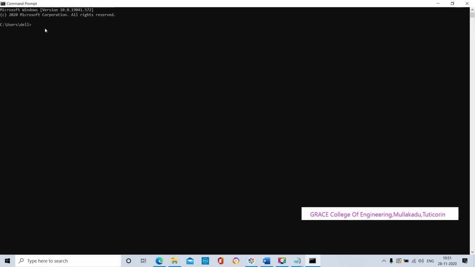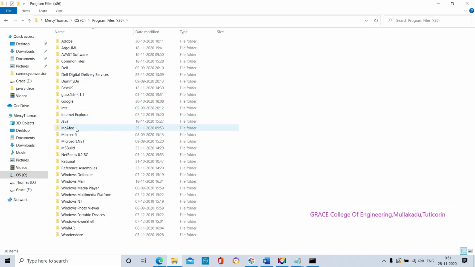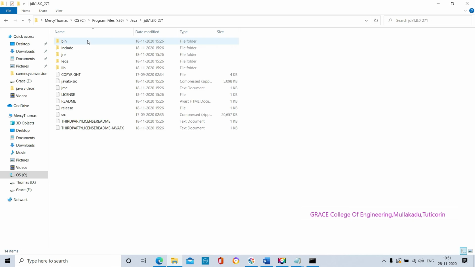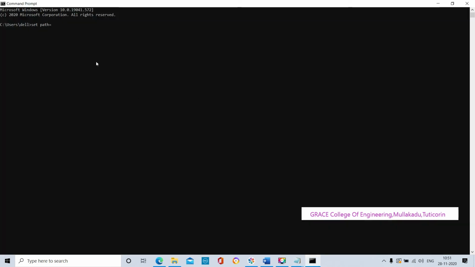Here we have to set the path of the Java software. In our PC, the Java software is installed in the C directory, in the Program Files x86 folder, Java, JDK 1.8.0, bin. Till bin we select and press Control+C on the keyboard, so it will copy the path. Next we paste that path in our command prompt by using Control+V on the keyboard, and press enter.